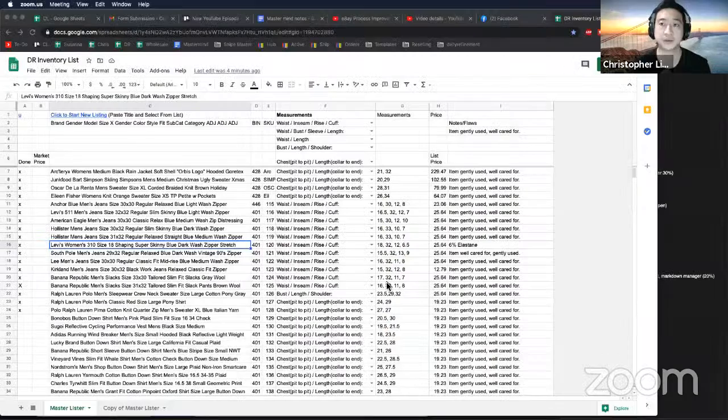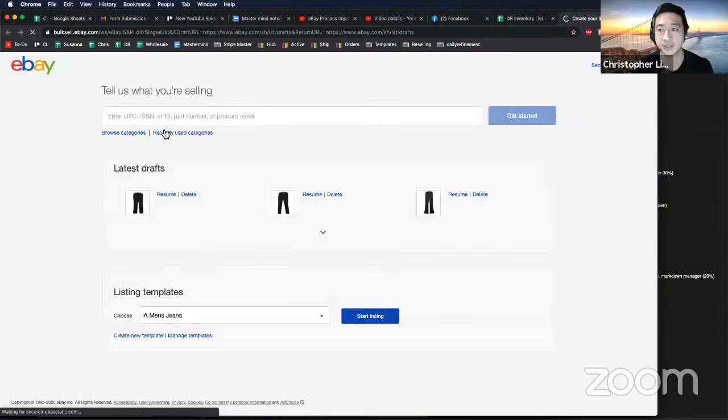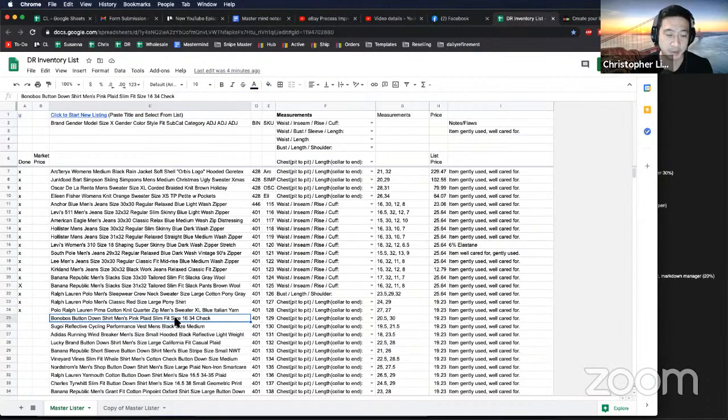I'll show you how I do it. I'll literally show you. Okay, so in my spreadsheet, I have the link saved for what the new listing is. So I'm going to click this and it's going to open up the listing page on eBay. So let's say I'm listing this shirt. I'm going to copy. It even says here, select title, paste title